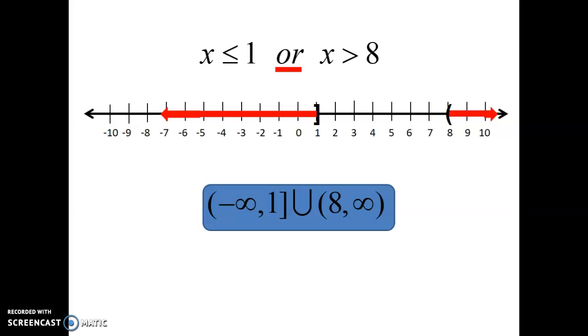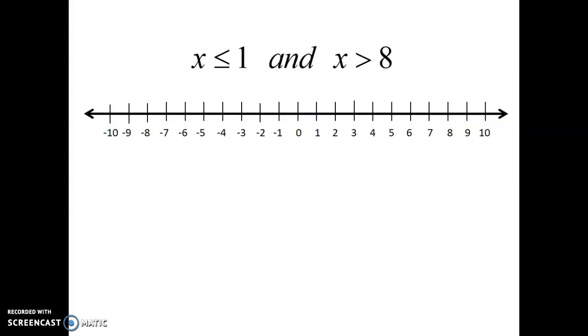Okay, so now let's talk about this same problem as an AND problem. This isn't on your sheet, but I just want to show you the difference between the two. With an OR, it could be either one of them, and as long as it answers one of your answers, it makes the inequality statements true, we're fine. But with an AND, it has to be both. So if we look at our graph again,